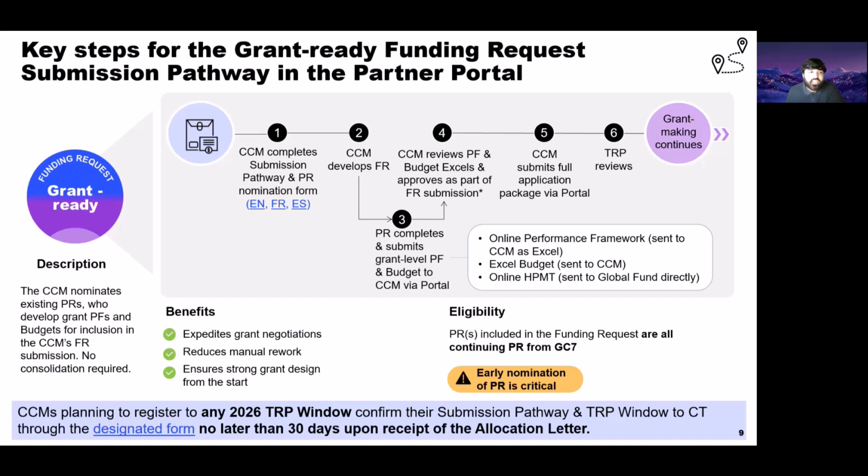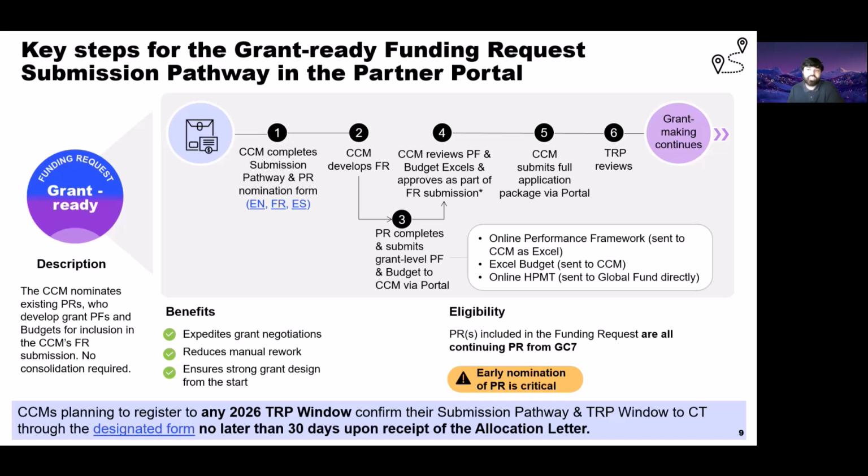So here on this high-level process map that we see in front of us, the first step will be the same for CCMs. So CCMs will complete this form of submission pathway and PR nominations, which is available in all 3 languages for CCMs to fill out and send back to their country teams. Then country teams will share the funding request with the applicant so that CCMs can open your funding request and download any documents that the Global Fund has forms for within that funding request, apart from the performance framework